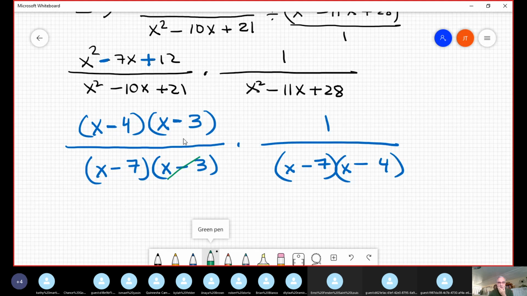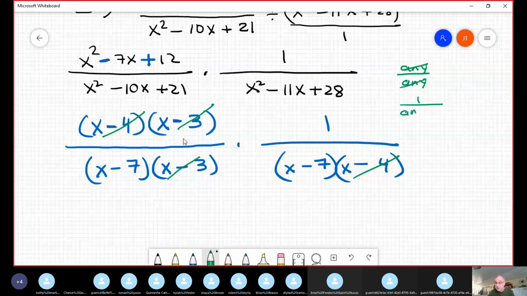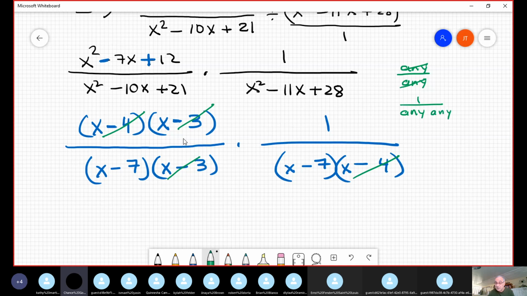Now, who is canceled? Well, this is canceled. Who more is canceled? X minus 7? No, why no? Because that was a mistake. It has to be in the bottom, and one expression in the bottom is when you can cancel. So suppose you have the same expression in the bottom, the same. I got